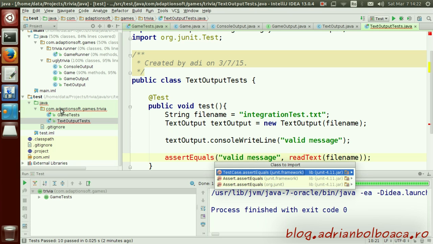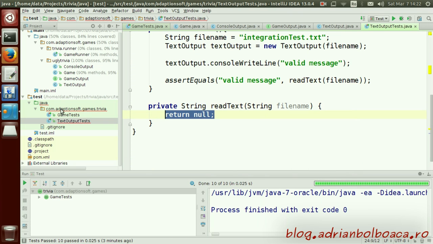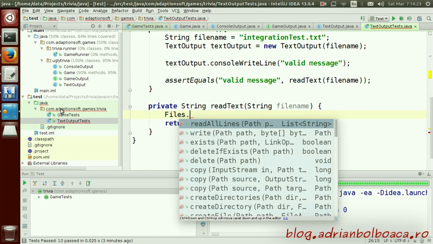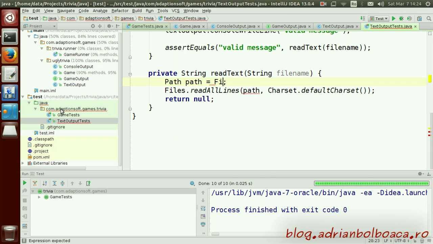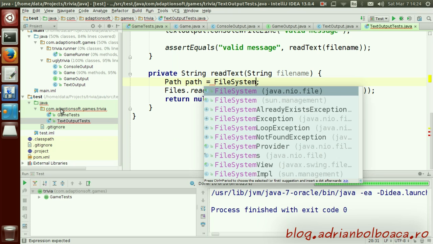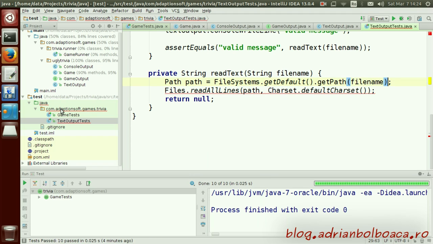I need to static import this, and I need to create this method. I will use Files, Source, Video Lines, Path, Charset, default characters. Let's see what the path is. So its path is FileSystems.getDefault().getPath with file name,